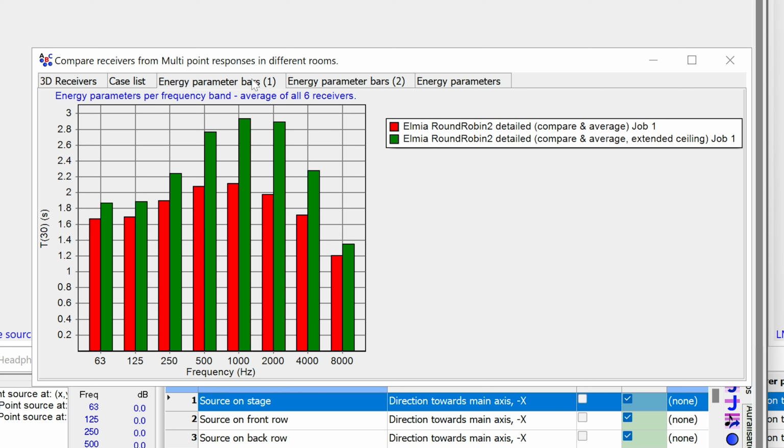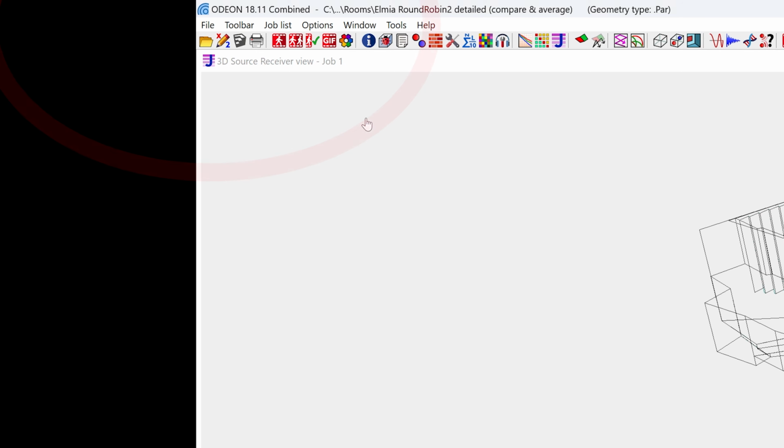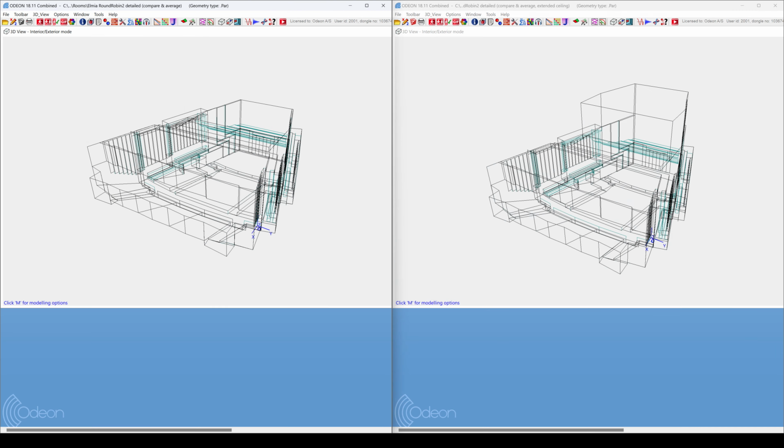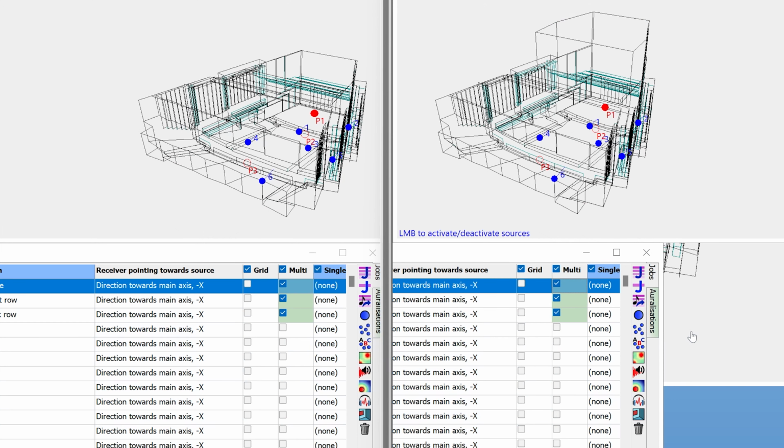To do this, you will need to open a separate ODEON window by going to File, then open another instance of ODEON. Then open the second model in the second window. Finally, drag and drop a job from one model into the other.